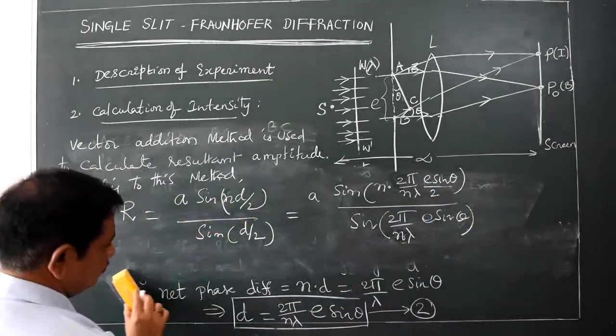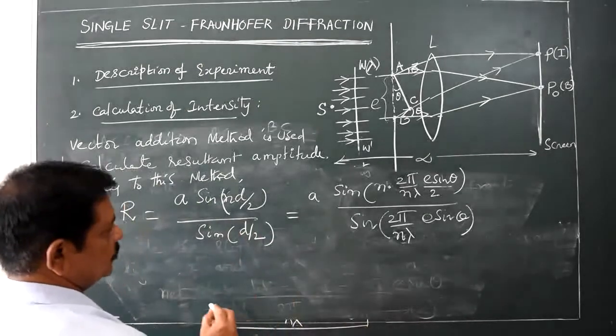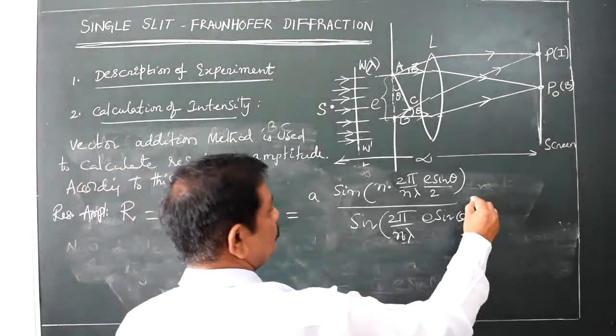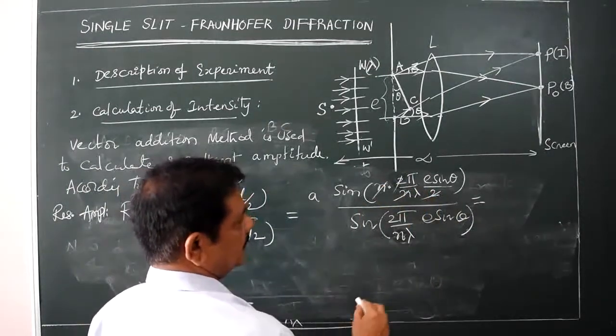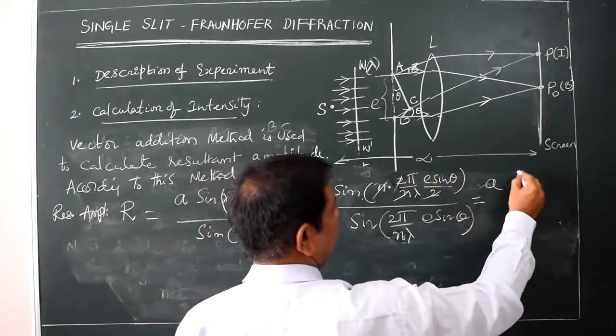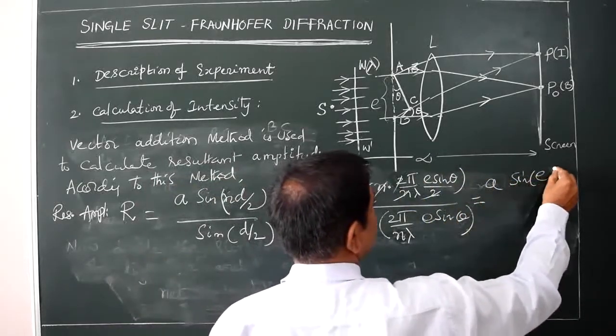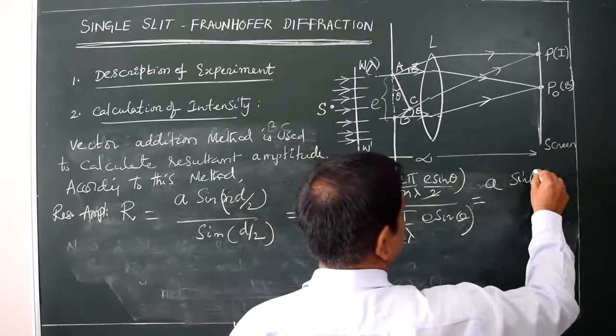Now we simplify this further. n gets cancelled, 2 also gets cancelled. What is left is a, sin of pi e sin theta by lambda,